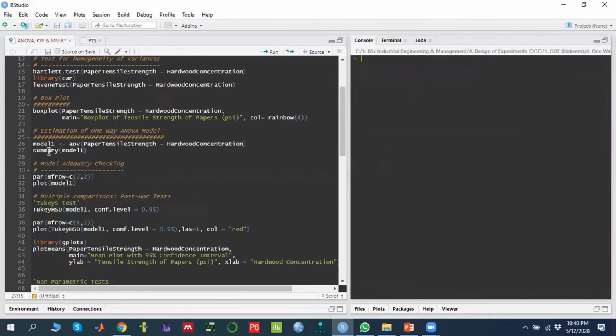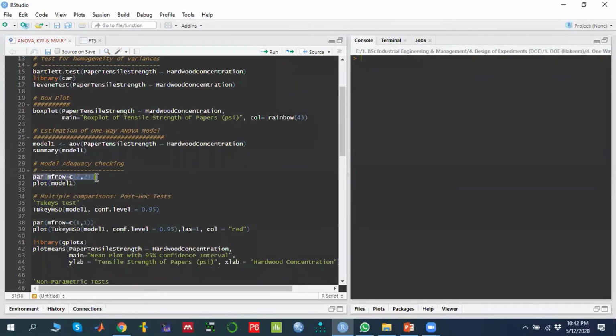now we need to first of all check the model adequacy. That means, can we rely on the result of this ANOVA or not? For that, because there will be 4 different types of graphs, first, with the command of this line, I'm going to partition the page in order to plot 4 different graphs. If I run this plot,